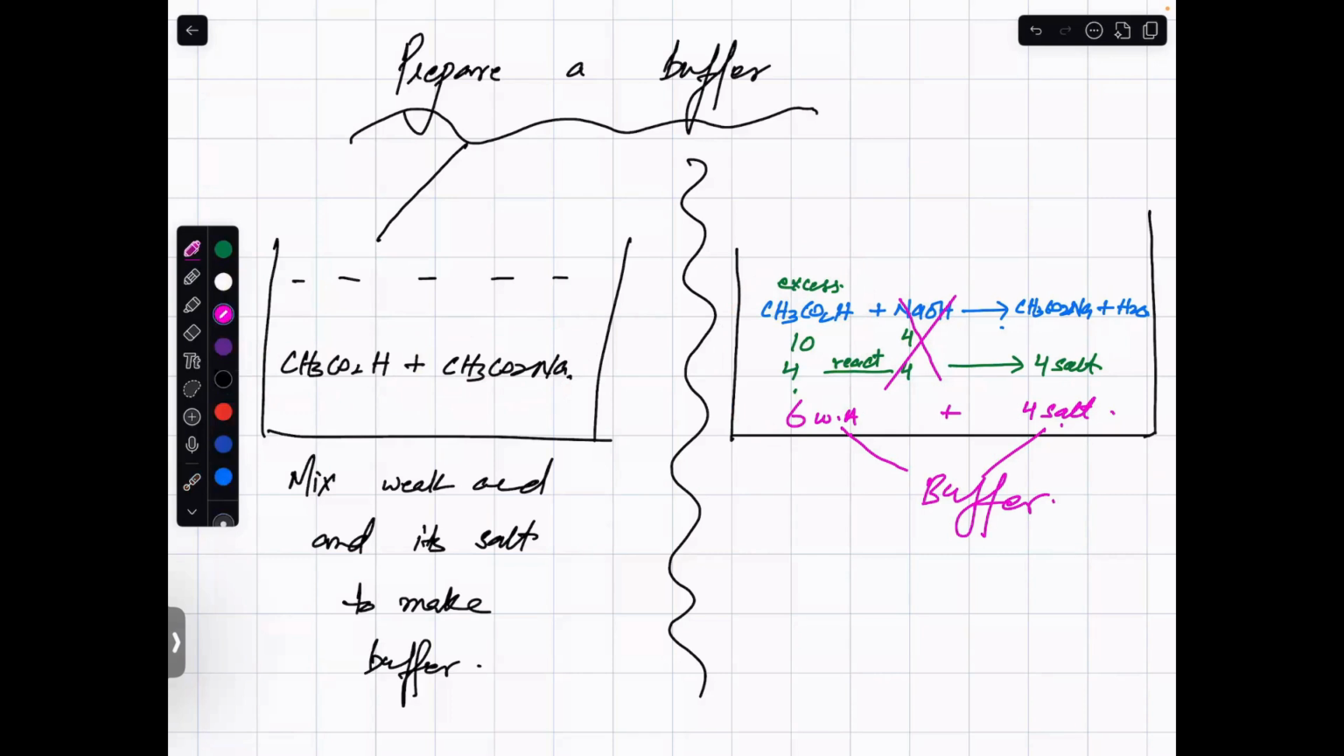Mix weak acid and salt. And what is the second method? Add excess weak acid to strong base. Add excess weak acid to strong base. Now,